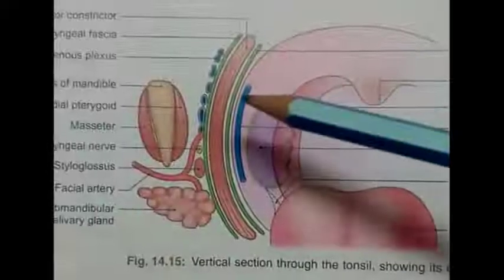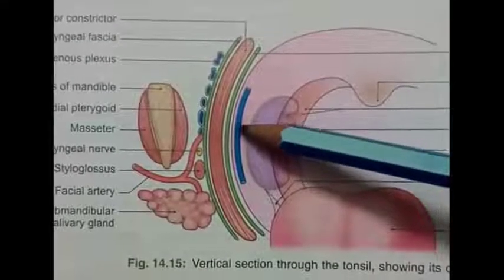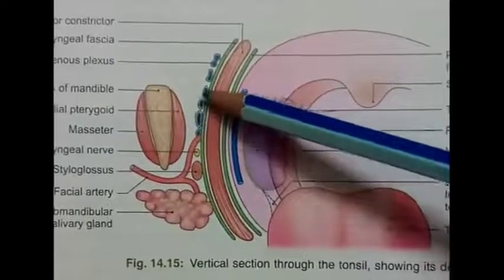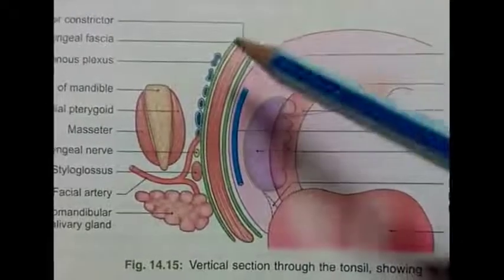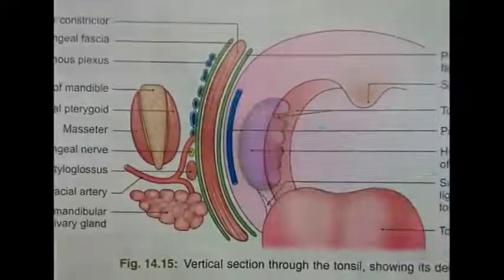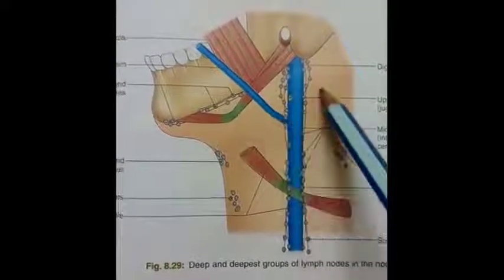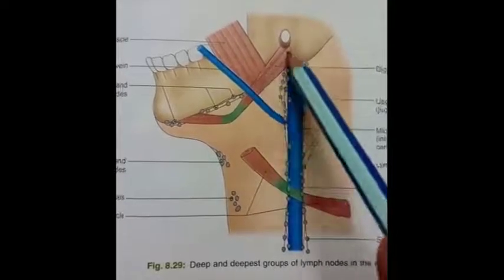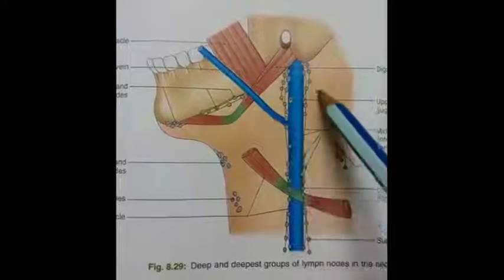Venous drainage. The paratonsillar vein receives the venous blood from the tonsil and drains it into the pharyngeal plexus of veins, into the palatine vein or the facial veins. The pharyngeal plexus of veins ultimately drains into the internal jugular vein. Lymphatic drainage of the tonsil. Lymph of the tonsil is drained by the jugulo-digastric group of lymph nodes present near the posterior border of the digastric muscle and the internal jugular vein. So here lie the jugulo-digastric lymph nodes.